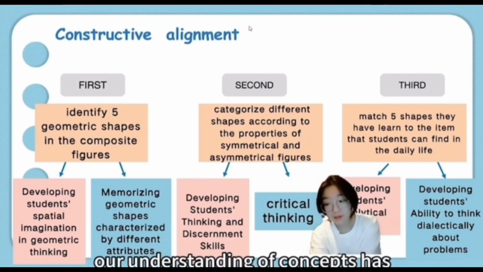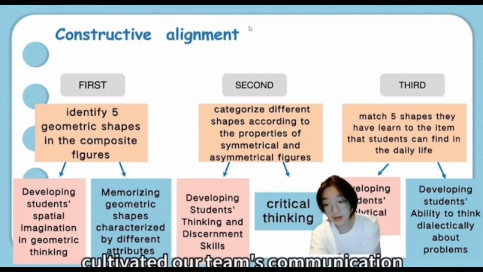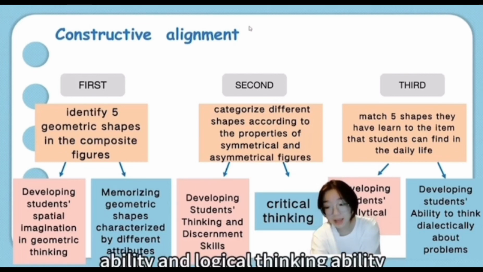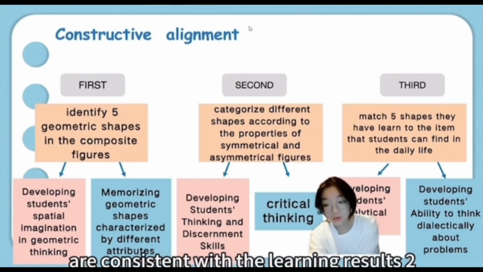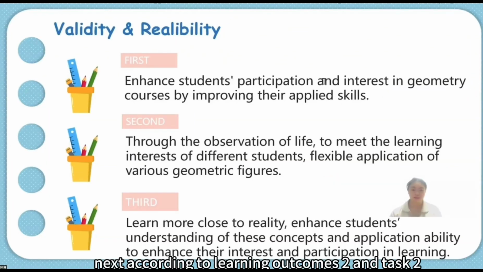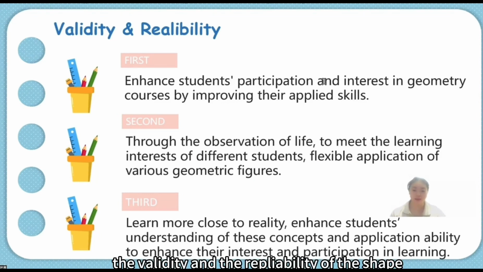Our understanding of concepts has contributed to our team's communication ability and logical thinking ability. So the tasks we design according to level 4 in the cognitive field are consistent with learning outcome 2. Next, according to learning outcome 2 and task 2, the validity and the replayability of the shape classification of members